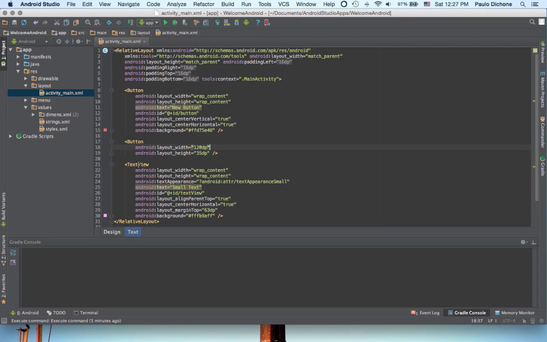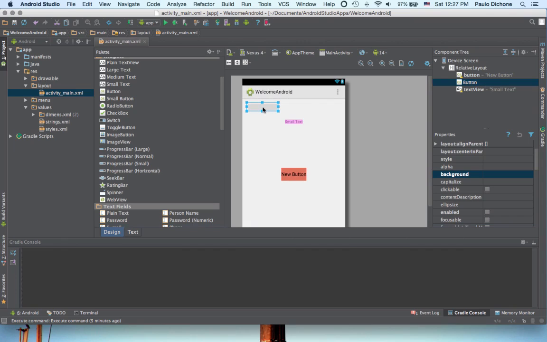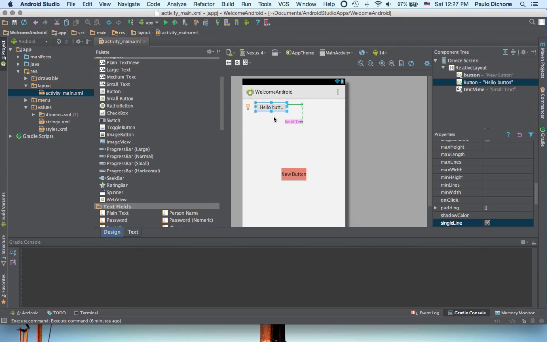If we decide, well, this is okay, I want to go back to design, it's okay. You can go and click that, and again, you will see that button was added here, and we can go and add certain properties, such as we can add text. So here we can say hello button, right? And we'll see it changed here. See hello button here. Now, as you can see, the text is too long because we set here